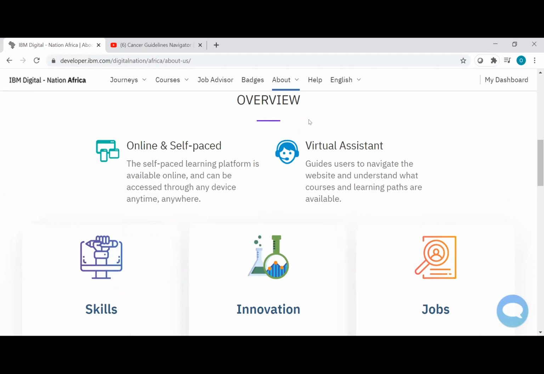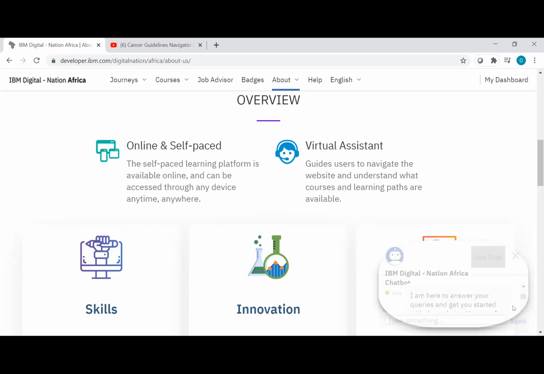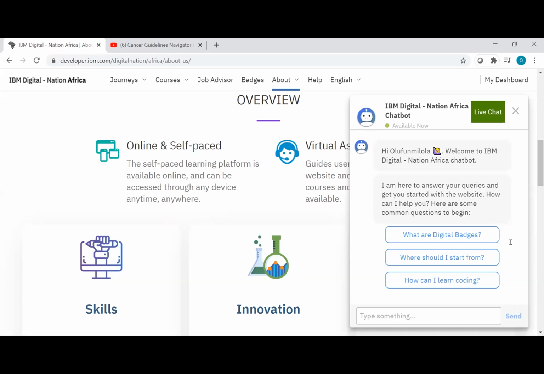And then we have the virtual assistant in the form of our chatbot. So you can also ask our chatbot questions, anything that is bothering you, even if you don't want to go to the help icon. You can see where my cursor is, at my far right. If you click on it, you can ask your questions if you don't want to make use of the help section. So you can just ask your quick questions here, and